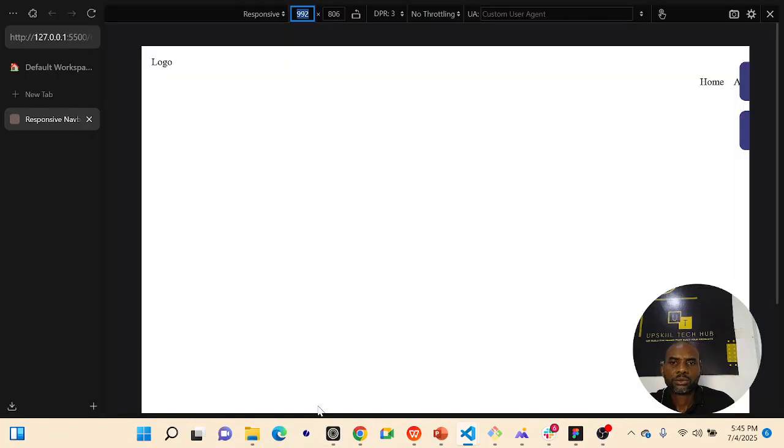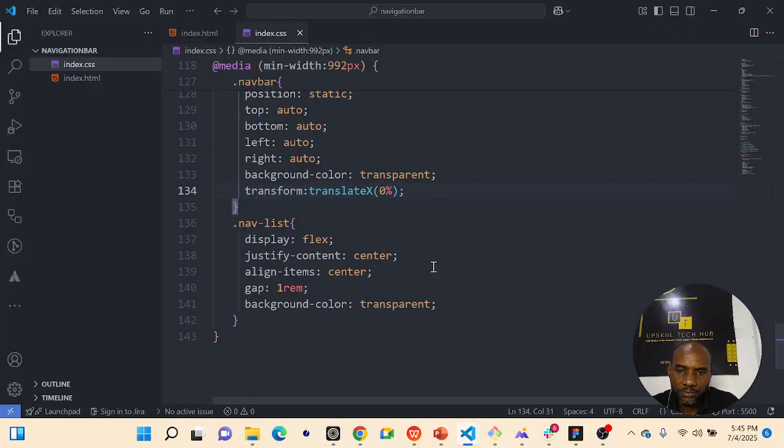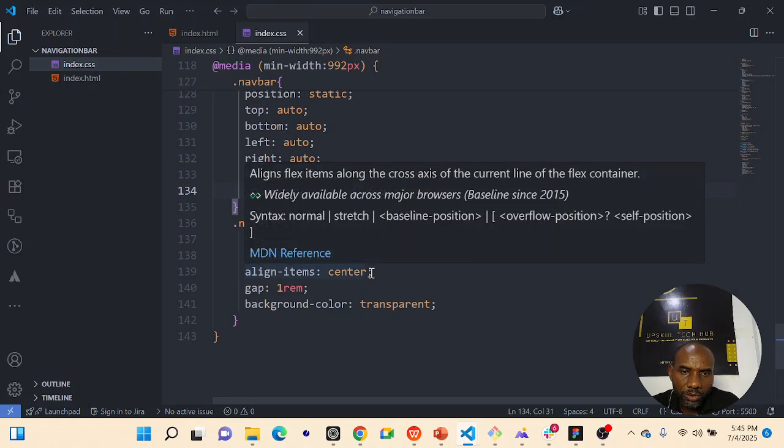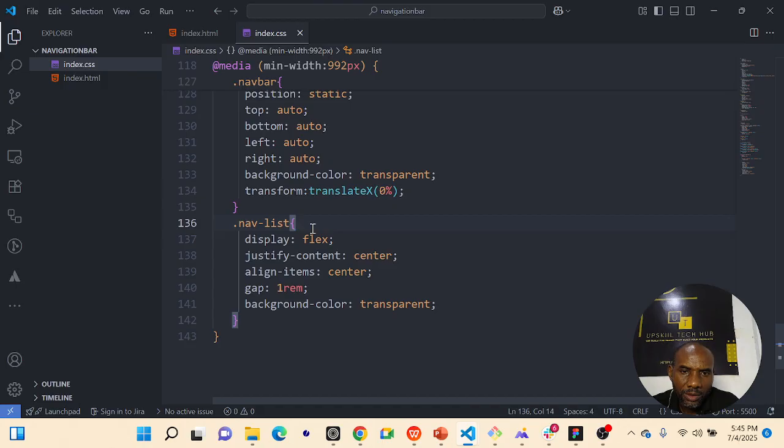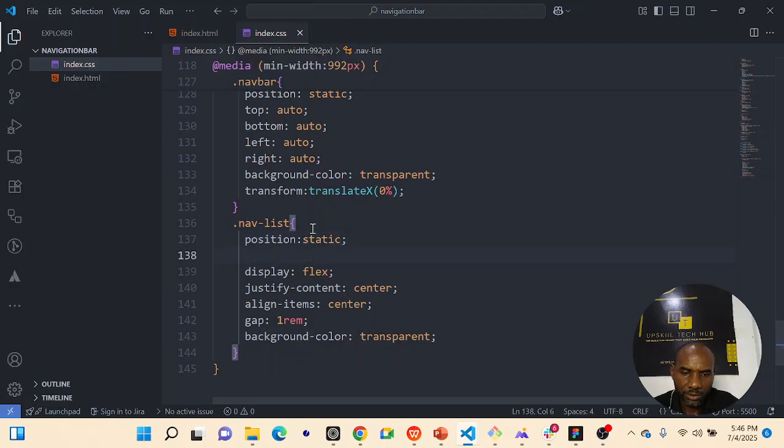So if we go back here now and refresh. Okay, so we still need to do some work on this. Let's see what's not working. Translate. Also the nav link, the nav list actually, we still need to position it static. Position it static as well. Then we will set the top